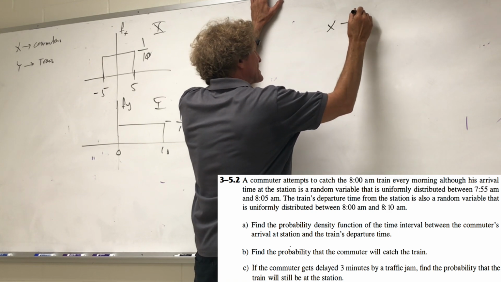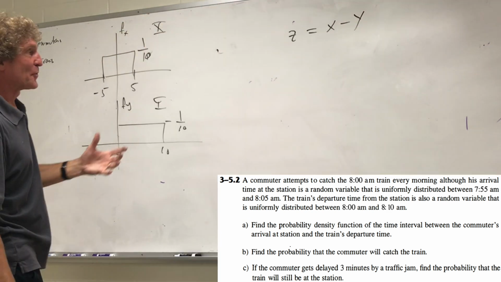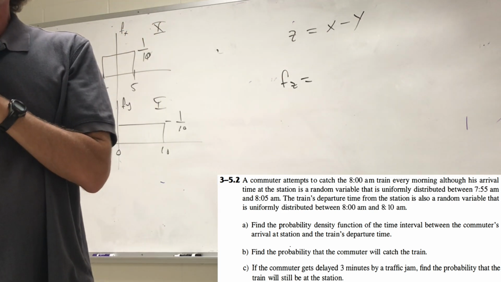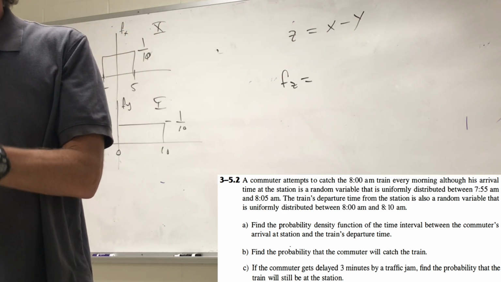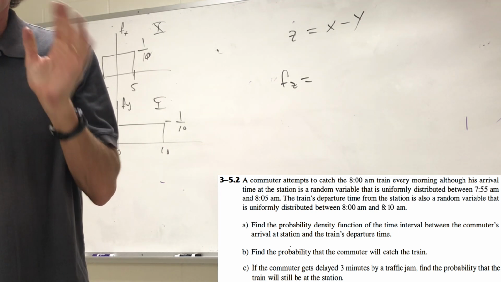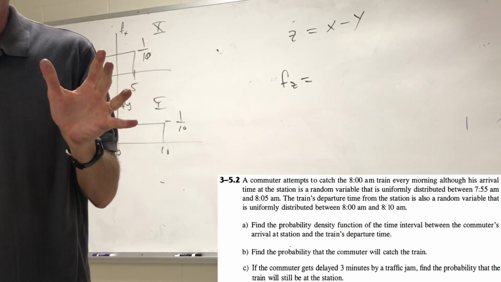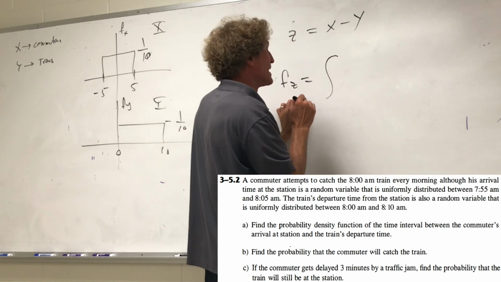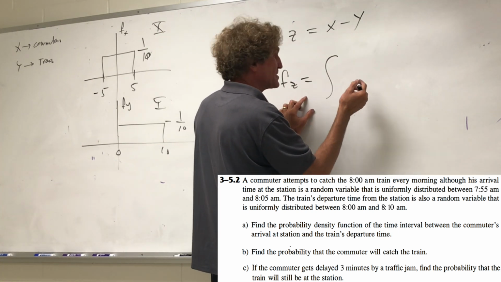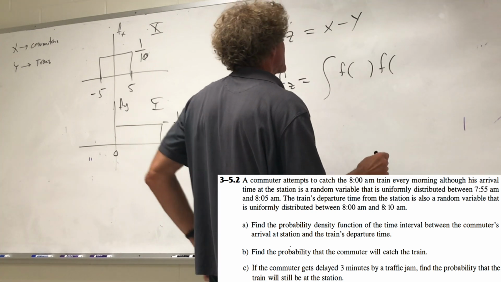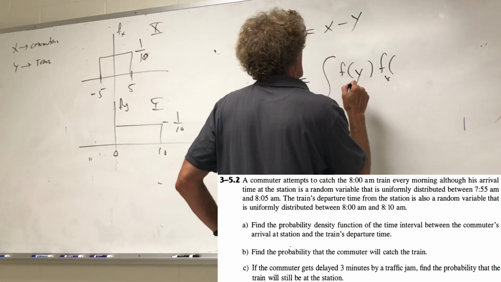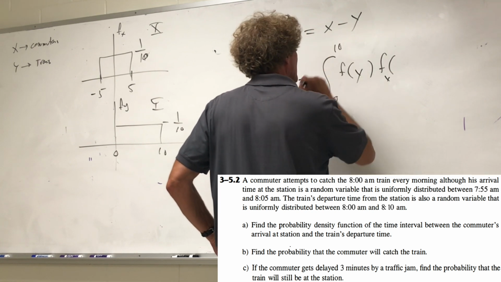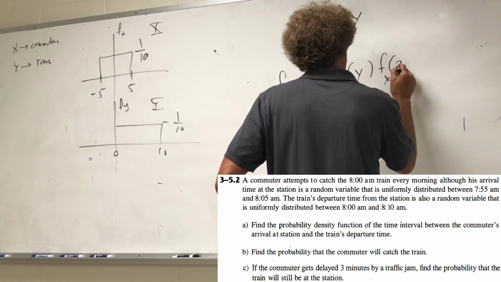So he wants this. We'll just call this z. What do you know z's density function is going to be? You're going to have x minus y equals z, which is exactly what you want to apply convolution. Right, so this is what? It's an integral, right? Now you're going to have the first variable, which is a dummy variable. So this is going to be just y, and y goes from 0 to 10 to f of x,